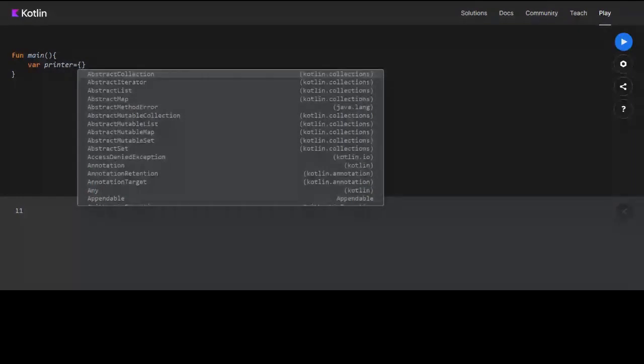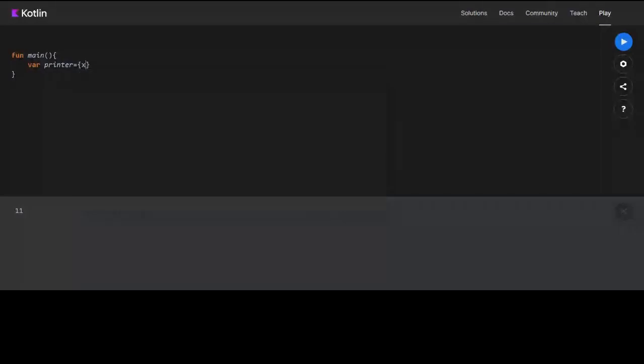You create curly braces, then you write all the arguments that you want to pass to the function. Say I want to pass an int. Then I say there is an x as an argument. Then println x. Now I have defined a one-line function here. Functions in this syntax are called lambda functions.